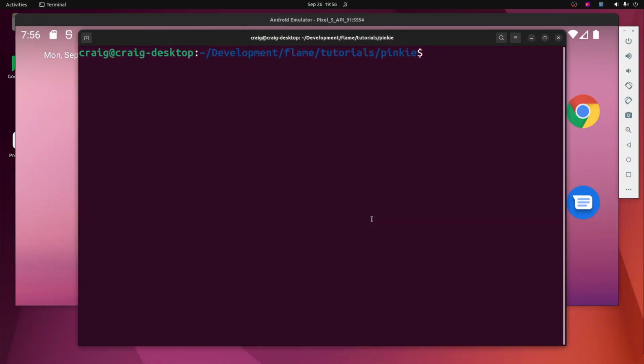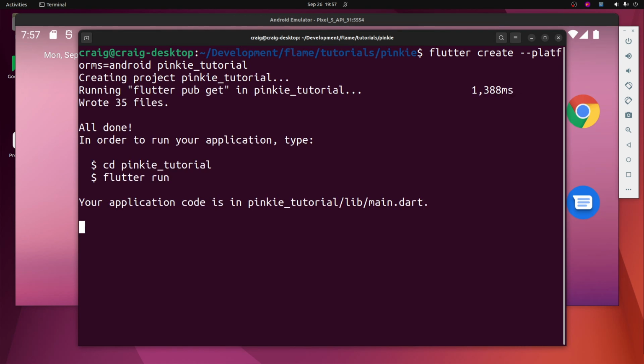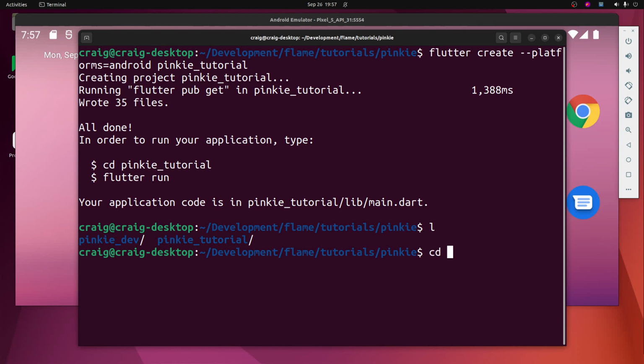Okay, let's create a new Flutter project. So flutter create, I'm going to specify the platforms, Android, and you'll just run it on Android. I'll call it pinkie_tutorial. Okay, so let's go into pinkie_tutorial,